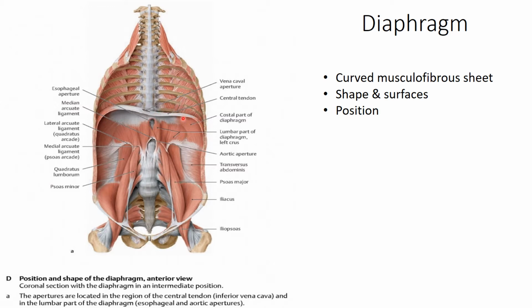It also varies depending on the respiratory phase. The right dome of the diaphragm, in full expiration, corresponds to the fourth rib, and the left dome corresponds to one rib below, which is the fifth rib. In full inspiration they descend two ribs lower.